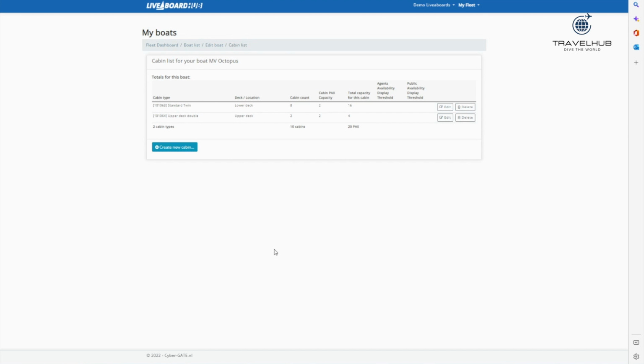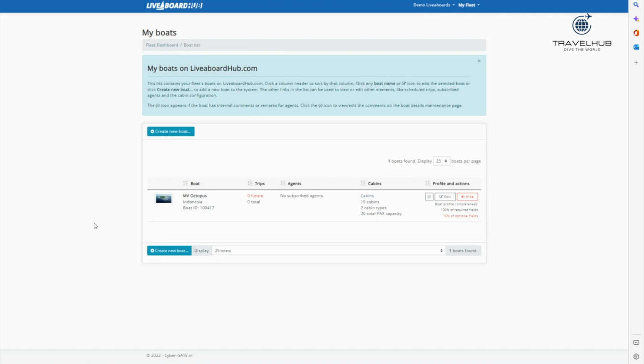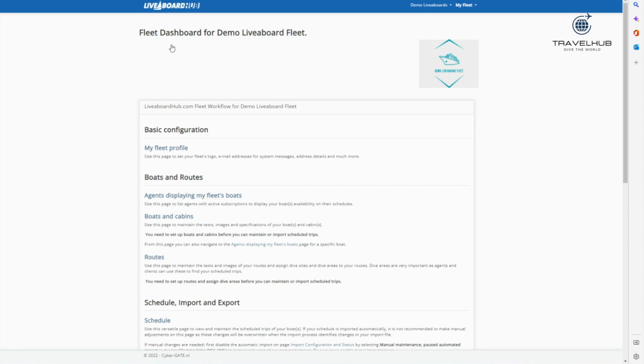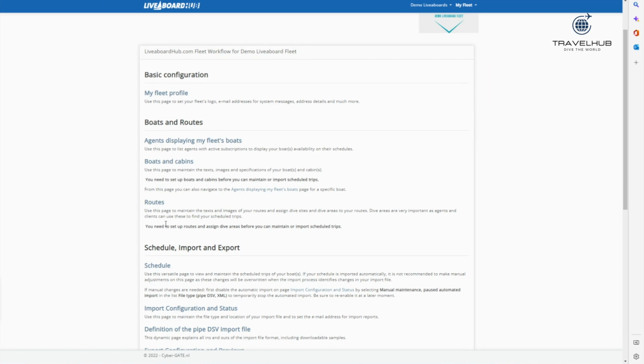From here, if you've got more than one boat, then you can go ahead and repeat the steps for your next boat, or we can return to the fleet dashboard, and next we will begin looking at